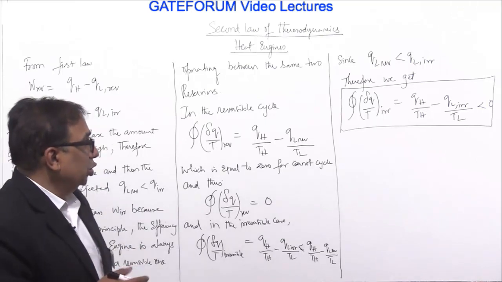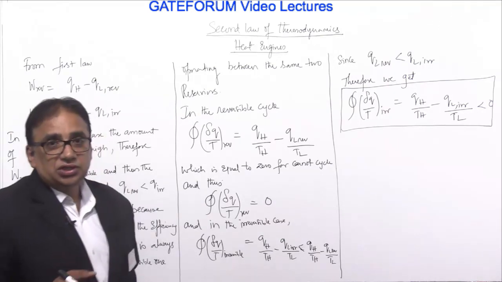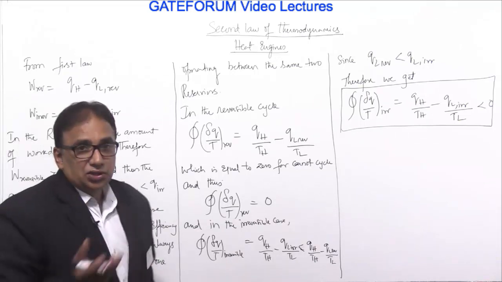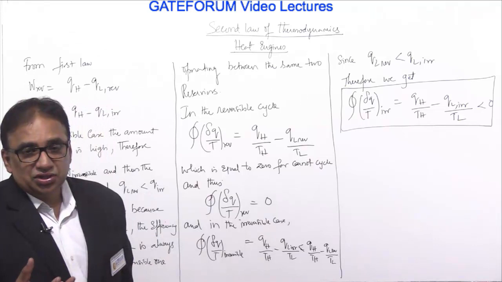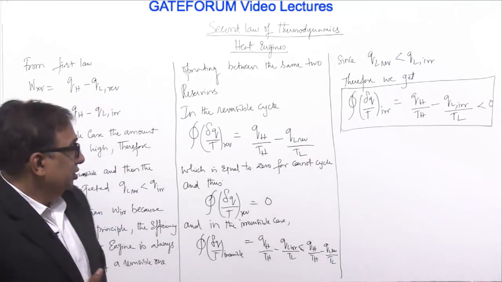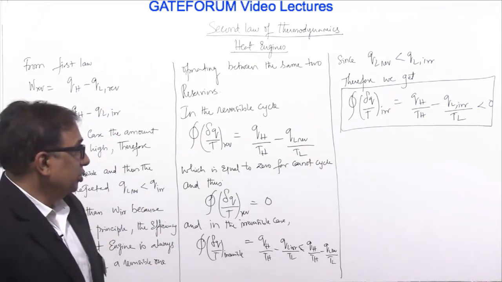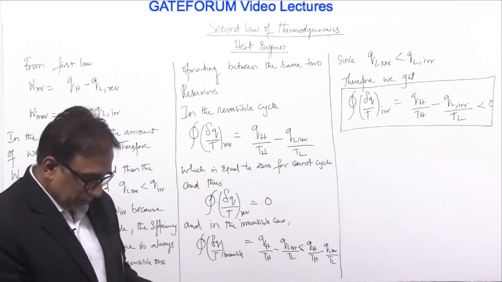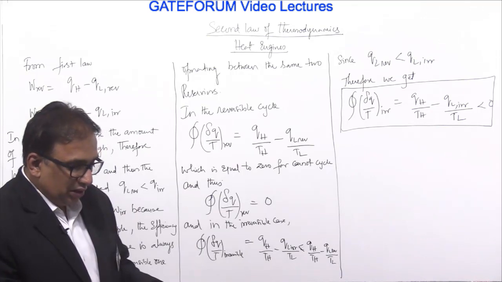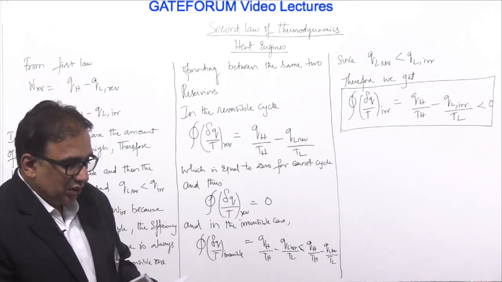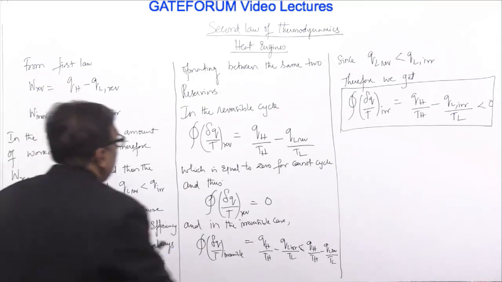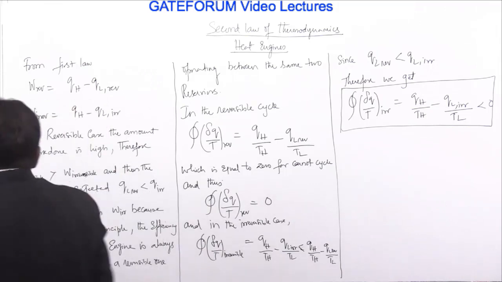Okay, cyclic dq by T is nothing but the change in entropy, dS. If it is equal to 0, it means there is no change in entropy. Like that, for the reversible Carnot cycle there is no change in the entropy of the system, so entropy change is 0. Okay. So in detail, let us understand for the irreversible process what things are there. Okay. So in detail, let us go for the entropy of the system.